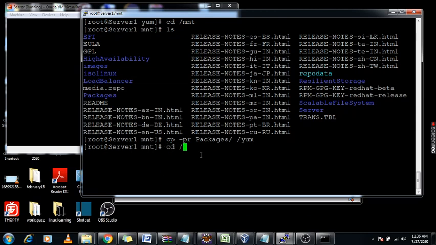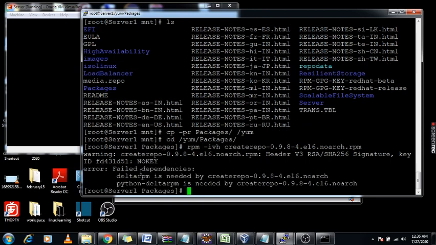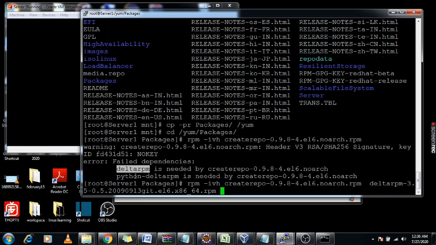Now I am going under this and installing the software first, that is rpm -ivh createrepo. For that it requires two dependencies, so I am giving them.